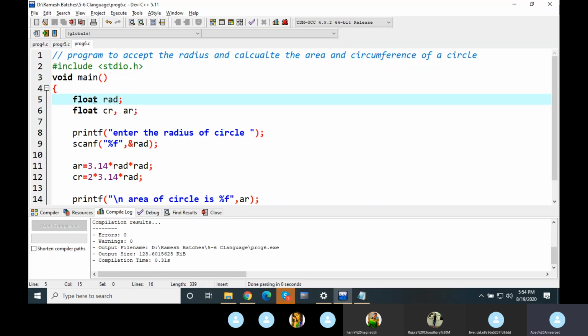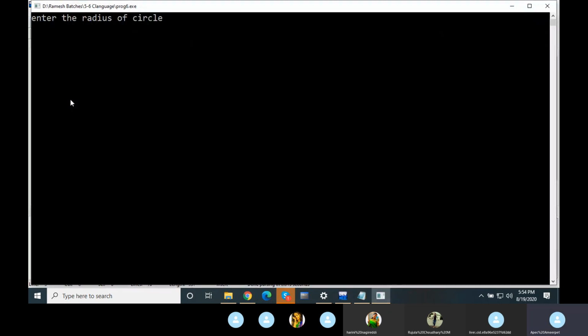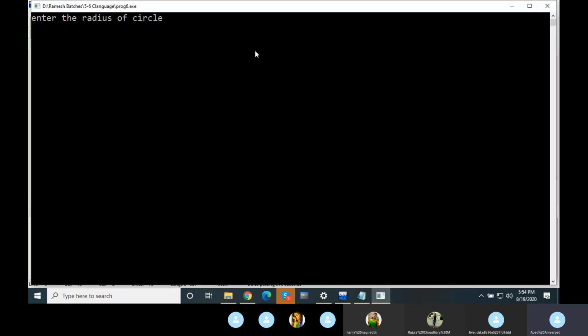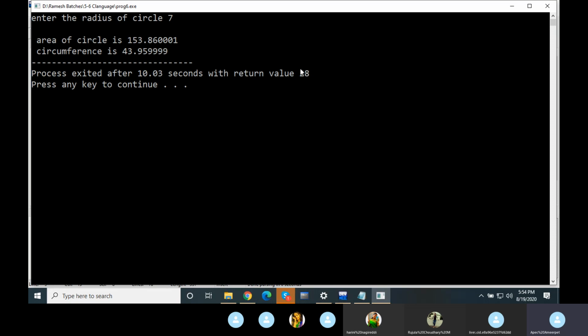When this was given as int, when the program is running, at that time, here %d we have given and we declared the variable as integer. Now when I run the program, although I am giving it as 7.5, it is not taking 7.5, it is only taking 7. That is the reason why it is giving you that answer.